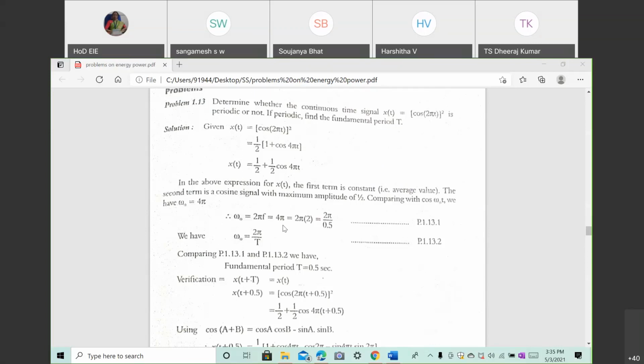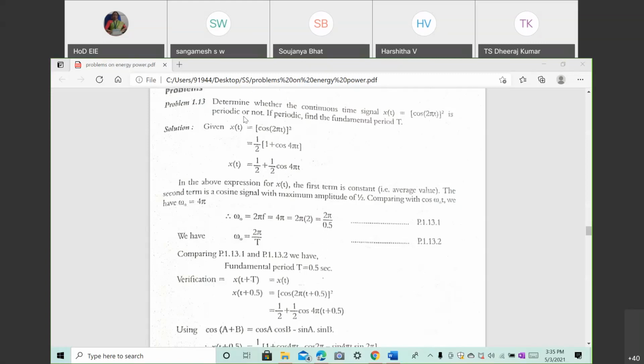What we have discussed earlier: a signal that repeats at regular intervals with the same time and the same magnitude will be called a periodic signal. That example I told, sinusoidal waveforms are one example, and a square waveform, with positive cycle and negative cycle with the same width and magnitude, repeating at regular intervals. Such a signal will be called a periodic signal. That is by external appearance we can tell, but mathematically also we have to check. Okay, that is problems on periodic and aperiodic signals.